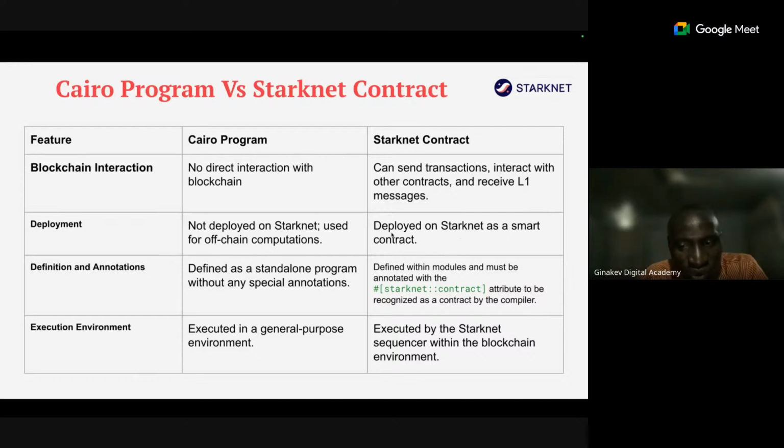All right. You can deploy it as a smart contract. Then next, definition and annotations. So a Cairo program is defined as a standalone program without any special annotations. What they mean by annotations, we'll still get to that, is when you are attaching a particular attribute to a program. Once we start programming, you will see it experimentally, so you don't need to bug yourself about this for now. We'll look at it practically. Whereas a Starknet contract is defined within modules and must be annotated with this attribute to be recognized as a contract